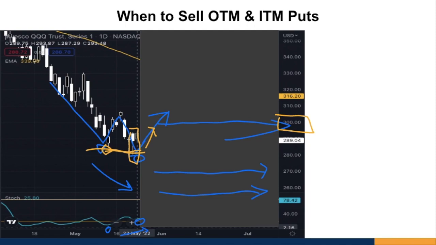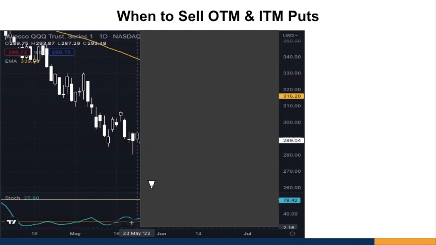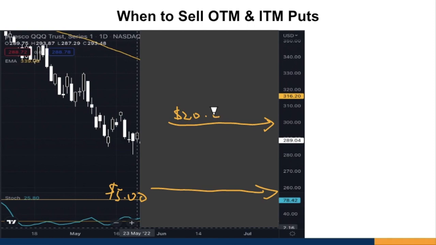Now, I had at the point of time also considered selling the other put options at 260. But when I take a look at the premium, this 260 was at the time, if I'm not wrong, roughly around $5, and the in the money put at 300 was going for $20. So in terms of money received, this is $2,000, this is $500. So I thought to myself, I could definitely just sell this and then collect this $5